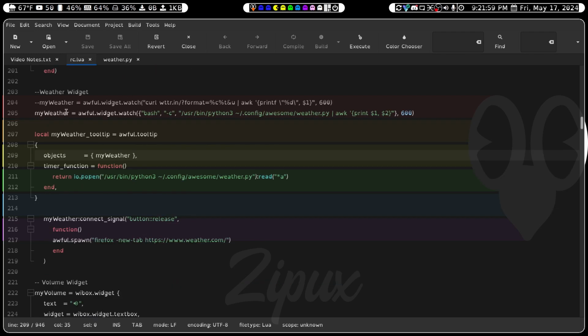We're going to set a variable myweather equals awful.widget.watch, and in parentheses, in curly brackets, we're going to put in double quotes bash, comma, double quotes -c, comma, double quotes /usr/bin/python3, because we want to read a file that's in Python and we want it to grab where our Python is located. ~/.config/awesome/weather.py, which is the location of our file. We're going to pipe that into awk, and in single quotes and curly brackets, we're going to put print $1, comma, $2. We're going to close all of that off and then put in a comma and put in 600,